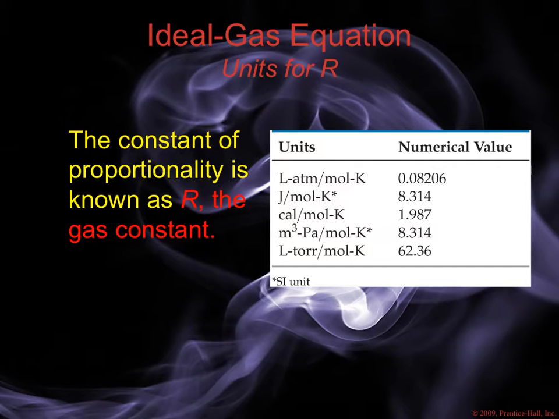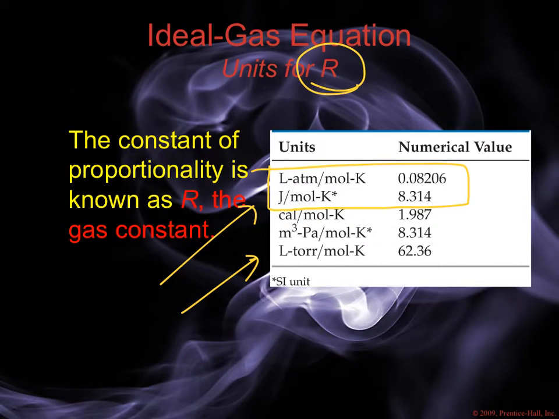You will see the gas constant designated as a capital R in the ideal gas law, and you'll see it off and on again throughout chemistry. So you need to commit to memory the two values that we use most frequently. Now, the gas constant is a constant, but there are all sorts of different units that it's used in depending on the units of the other variables in your equation. So by far what we'll be focusing on most in here is the gas constant with the units liters, atmosphere, moles, and Kelvin. That is